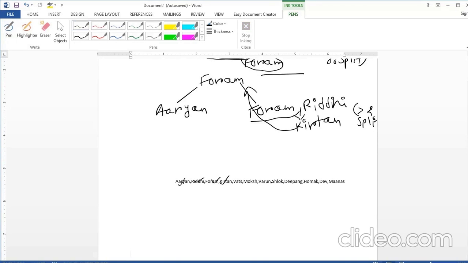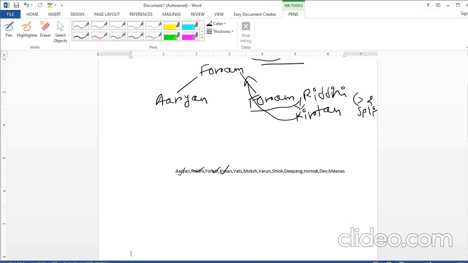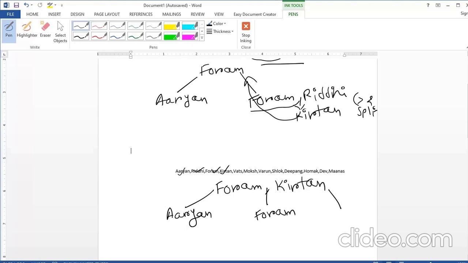So on the top we'll have these values, and this value will remain here.